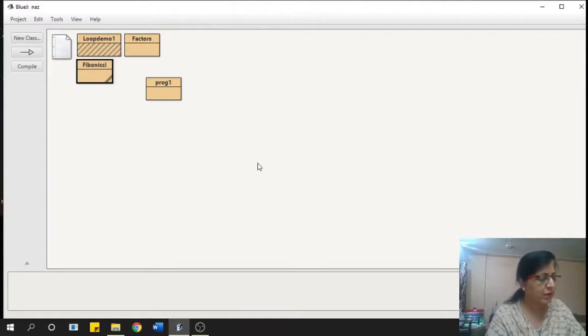Now, as I told you, a buzz number is a number which ends with a 7 or is divisible by 7. Divisible by 7 or not, you have all learned that. You can use the modulus operator. If you divide by 7 and the remainder is 0, it means it is divisible. So you know how to check for divisibility. How are you going to check whether the last digit of the given number is a 7 or not?